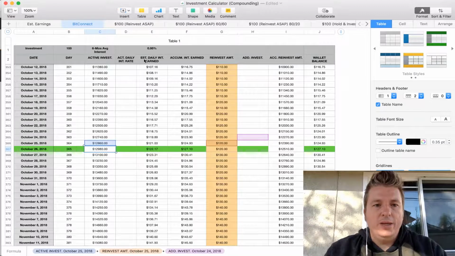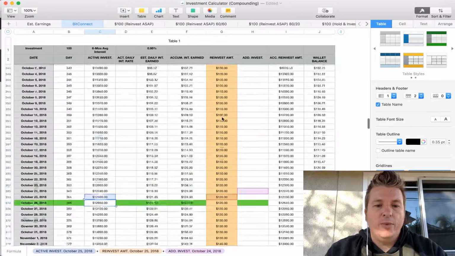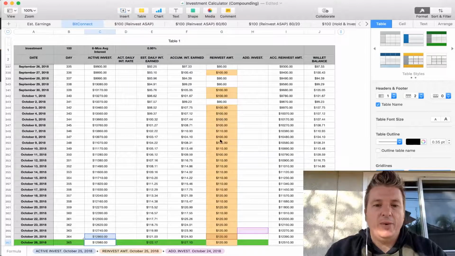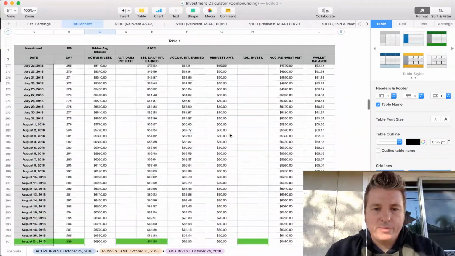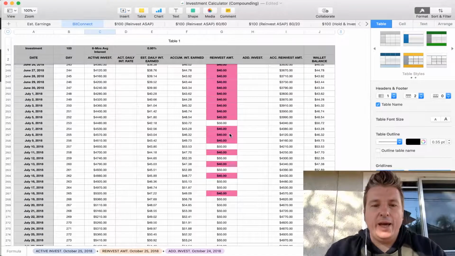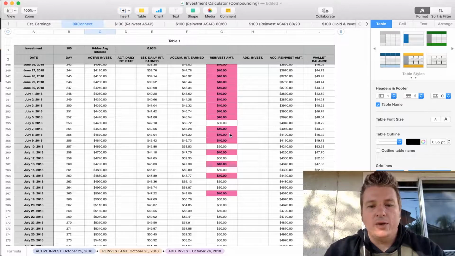So estimated daily interest earned 122. So we would be losing $1 of interest gained per day, and we would be sitting a little less than $100 less. But remember, over a longer period of time, that will have a much more significant impact. Okay? So I've just proved again that it's better to invest as soon as possible, in increments.